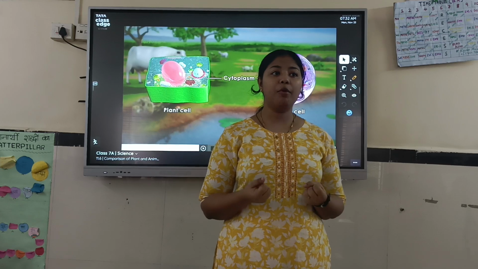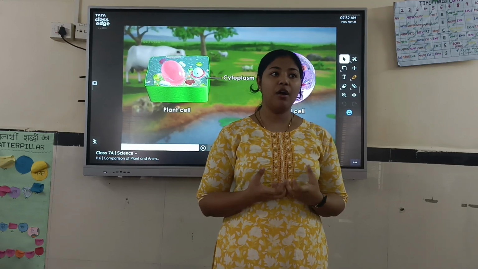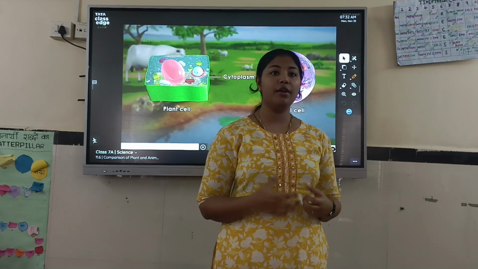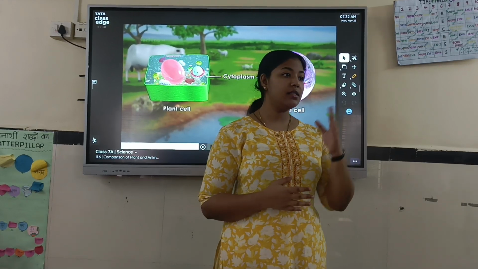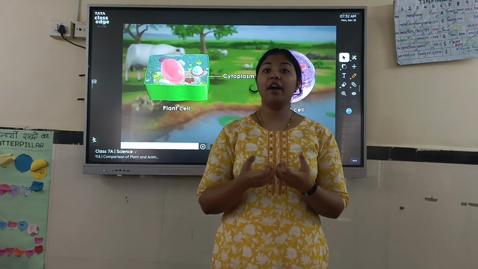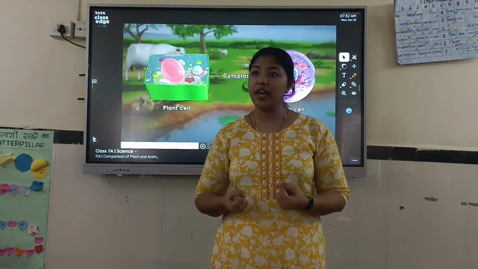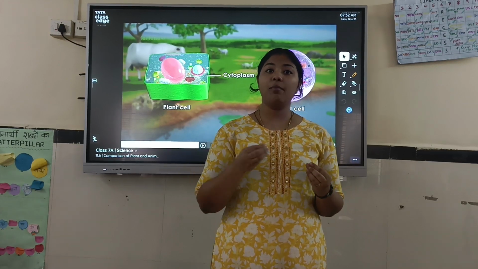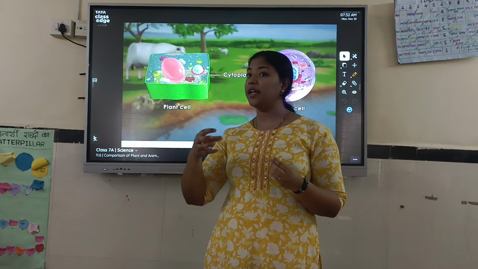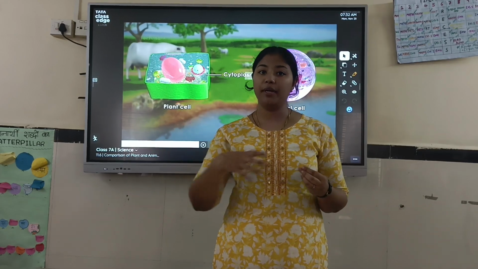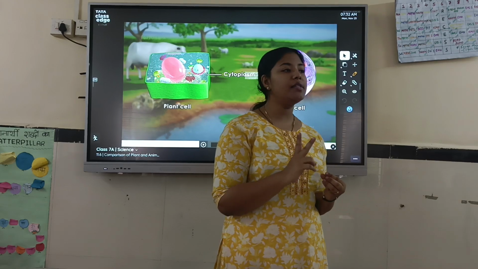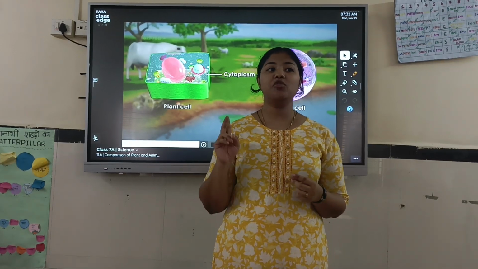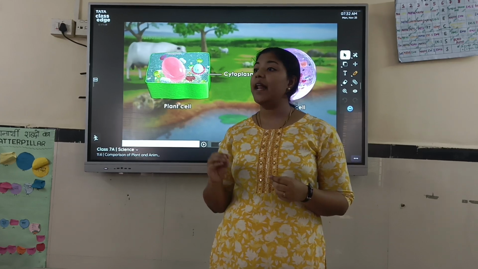What is the help of it? Why do we need cellulose? Why is a cell wall required? What is the function of the cell wall in plant cell? Yes, to give a definite shape. It is rigid and therefore it gives a definite shape to the cell and thereby it holds each and every organelle inside the cell properly. Understood? So do we have a cell wall in animal cell? No.